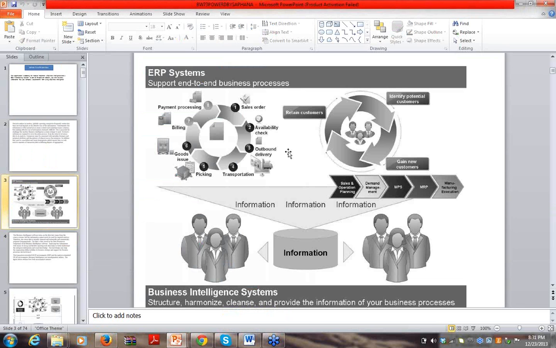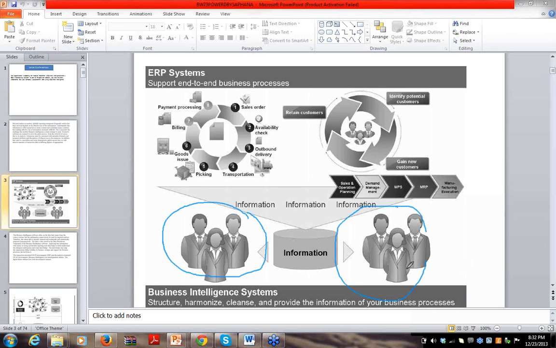See, the business users who are responsible for decision making, these business users require reports and analysis. So in any business, the business users who are responsible for decision making require reports and analysis. Whenever the business users require reports and analysis for decision making,